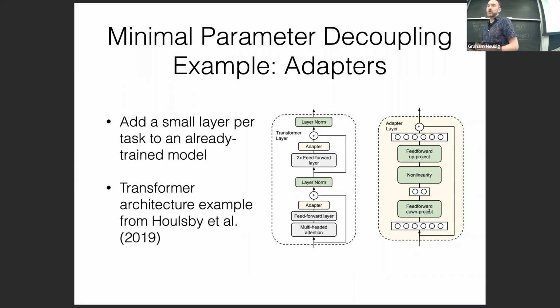Another key point of these adapters is that very often they use a down projection, a nonlinearity, and then an up projection. What that means is the more aggressively you down project, the smaller number of parameters you're using. You could be down projecting to even just a single hidden node, and then the number of parameters would basically be like,